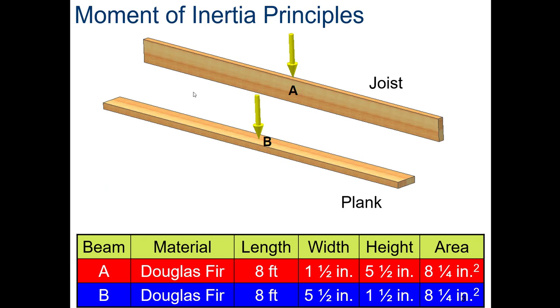Here's an example of two boards. Board A is a Douglas fir. Douglas fir is a type of tree. When you buy a Christmas tree, that's one of the types of Christmas trees you can buy. So this is wood from a Douglas fir tree, and A is 8 feet in length. It says it is 1.5 inches by 5.5 inches. So that basically means